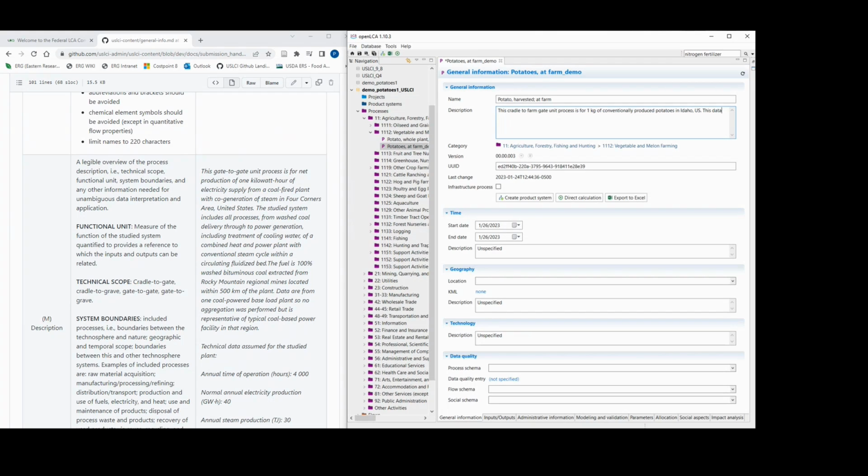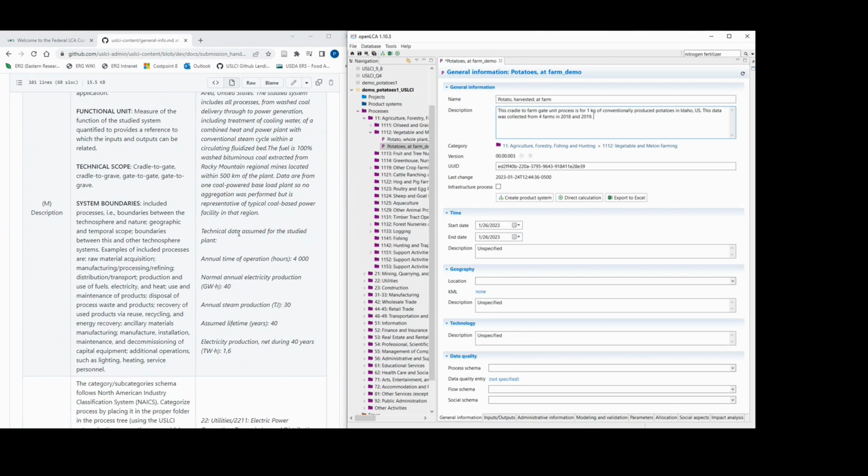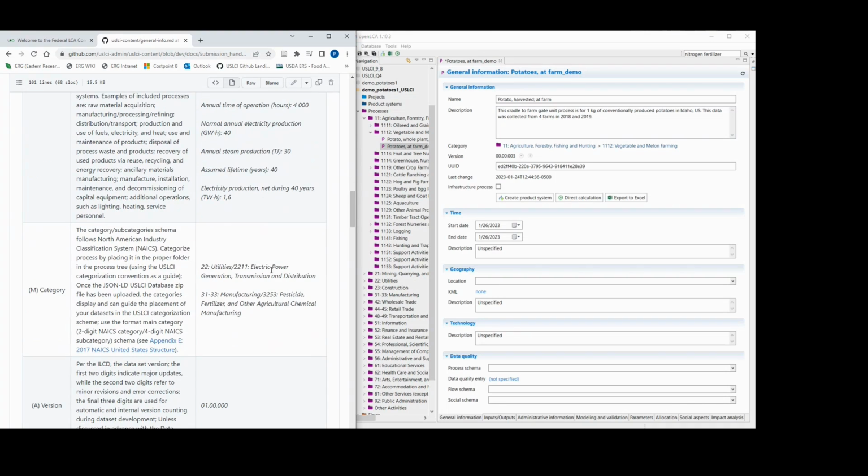This data was collected from 4 farms in 2018 and 2019. So important information like that. So we have the functional unit, technical scope, system boundary. It would be important to include, like with farming, whether on-farm emissions are included, and other important properties.